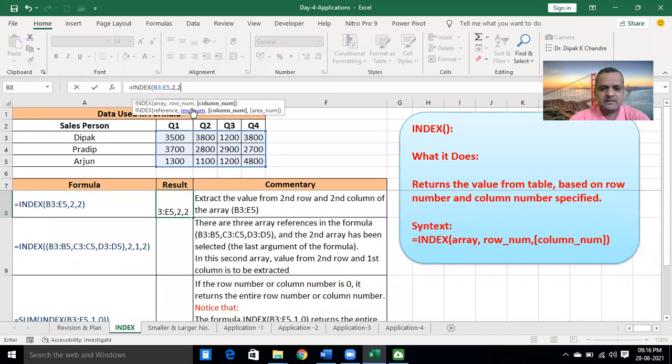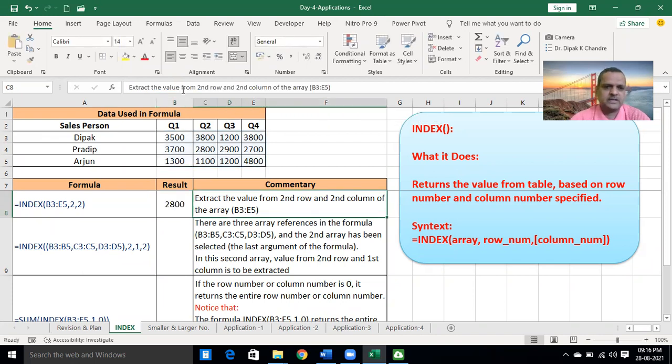As far as this table is concerned, B is the first column, C is the second column, D third, and E fourth column. Similarly, this is the first row, this is the second row, and this one is the third row. If we press the tab key to auto-complete the function, it shows the result 2,800. Got it? That is how to extract this number 2,800 from this table.